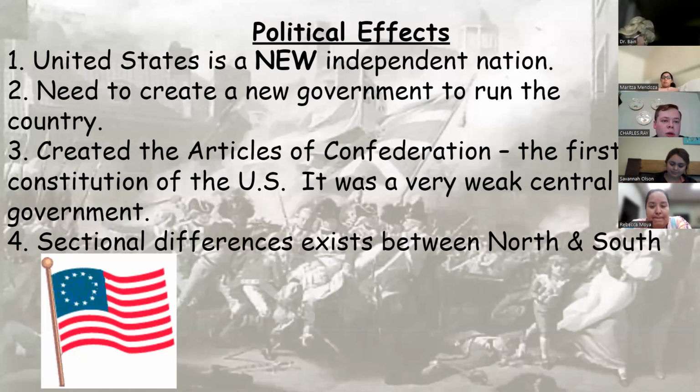Okay, so one of the big things about here is the United States is now a new independent country. We need to create a government. We kind of have a government during the revolution. It does become the Articles of Confederation. This is our first shot. And just like many a breakup, we go from one extreme to the other. We go from a very controlling monarch run by King George III with his spectacles and other infamous traits to a very weak one. Can't really do much. And there's lots of differences between the North and the South still, even at this point.